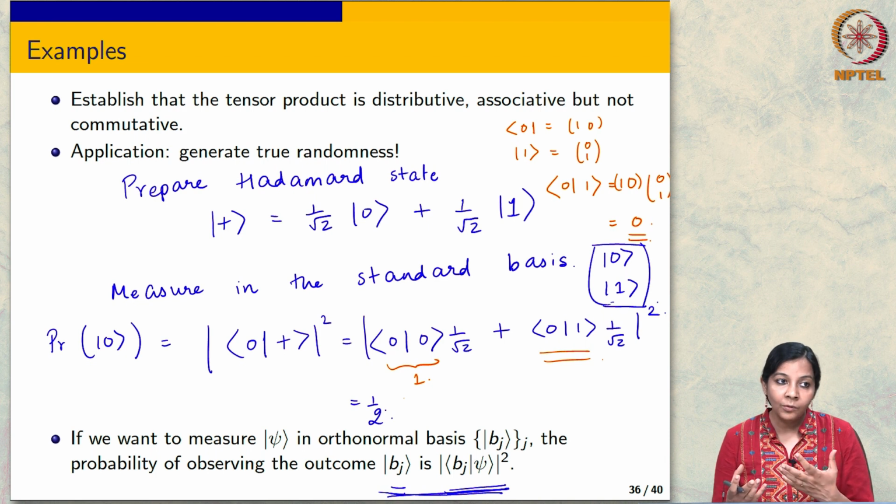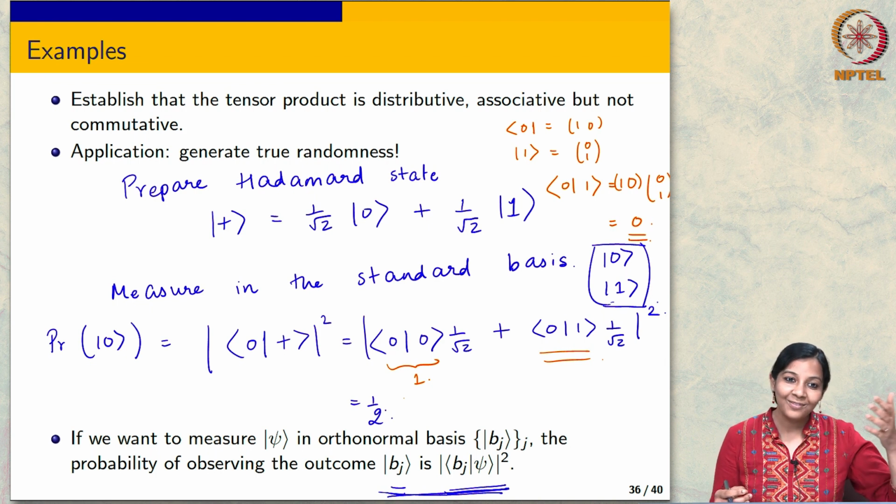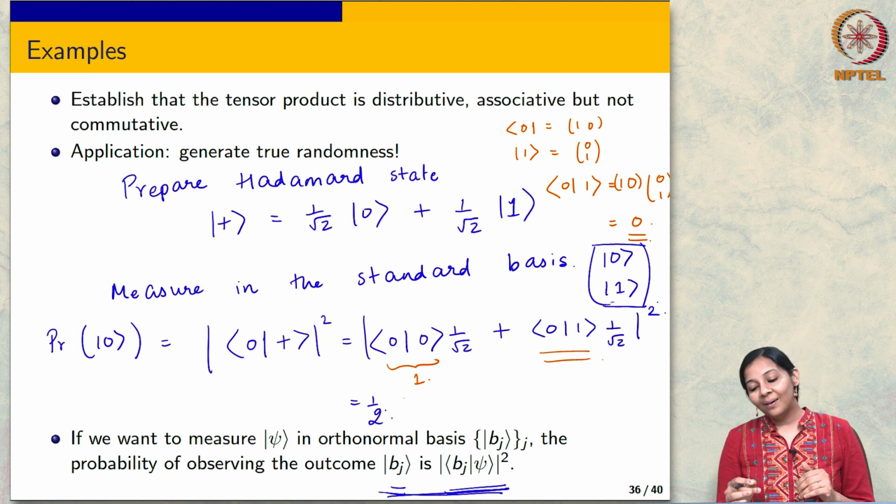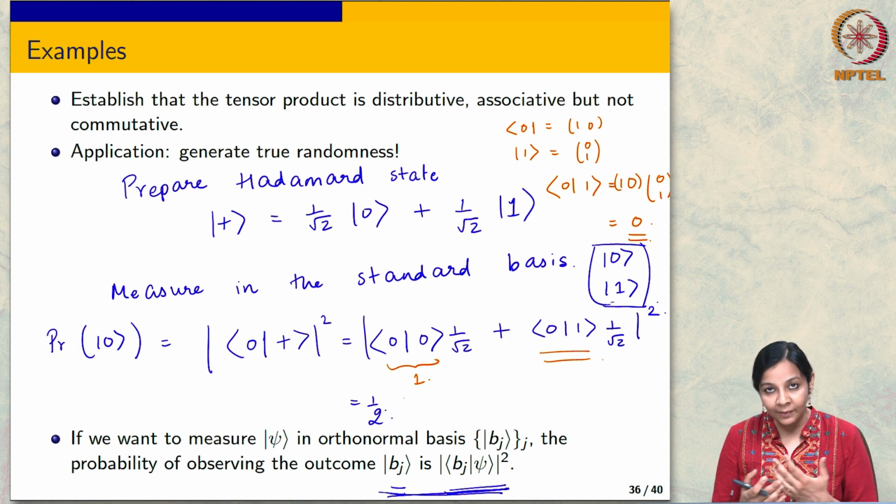But where is this randomness really coming from? It's not like our computers have these mechanical arms which are sitting and tossing coins, right? Just imagine what happens if you don't catch a coin that you tossed. Anyway, sorry for the bad joke, but where is this randomness coming from?